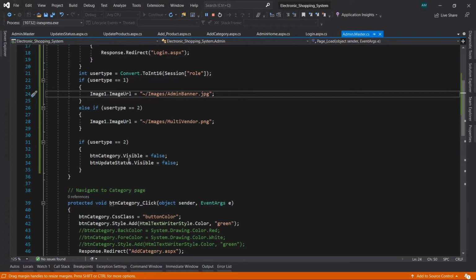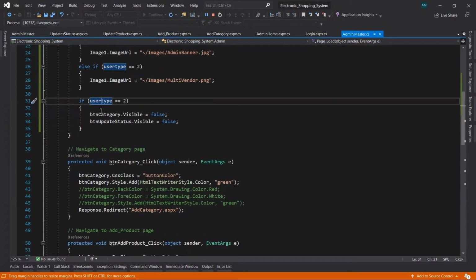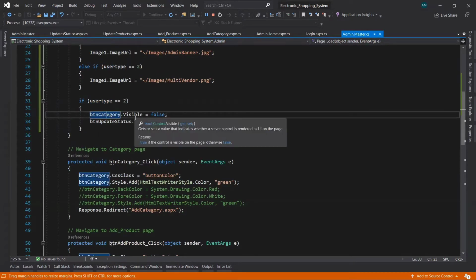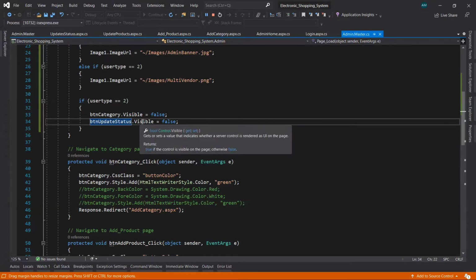And here, after that, in the if condition, again I have checked if the user type is equal to 2, then btn category should be visible false, and btn update status button should be visible false.